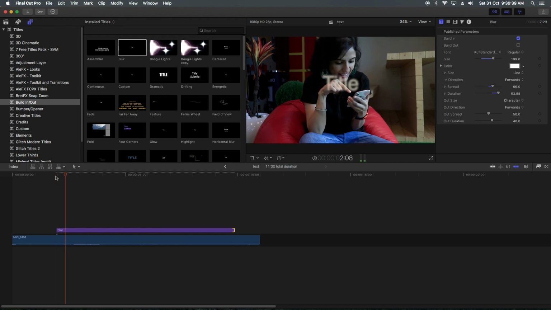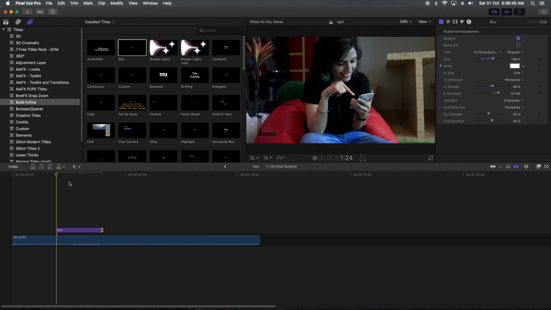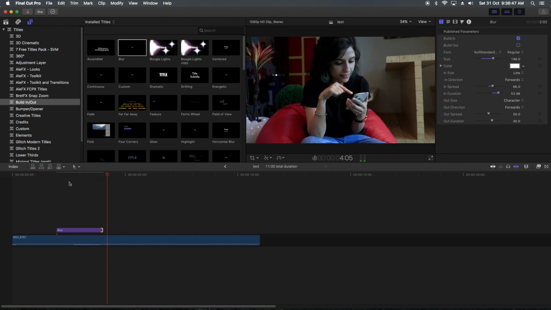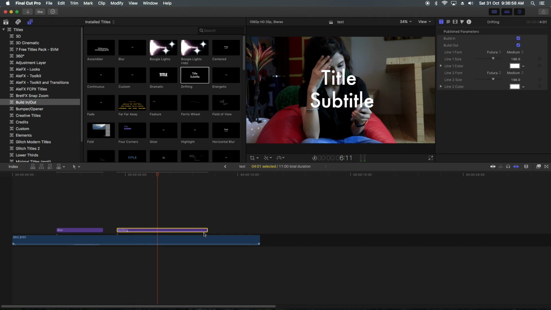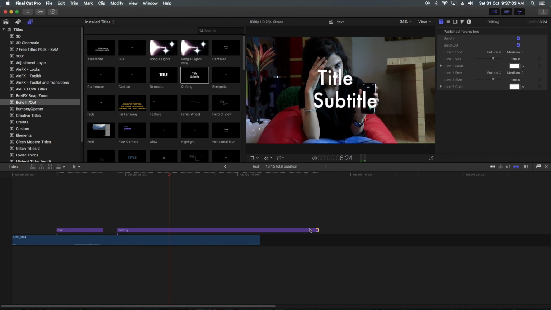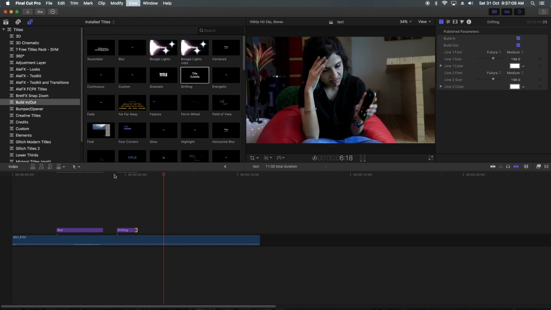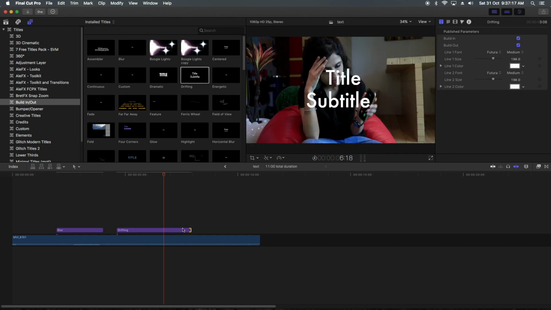Let's play it. And if I want faster, I will make it short. Let's choose another title and apply this to it. This is how it is moving, and if I stretch it to a bigger time, now it's coming at a slower pace. And if I make it fast, it will go faster. So changing the duration of this title is also changing the animation of the title part.